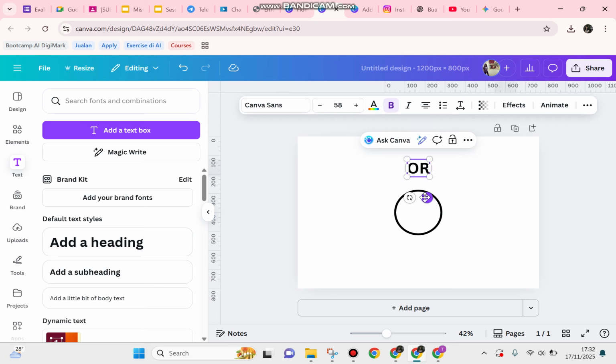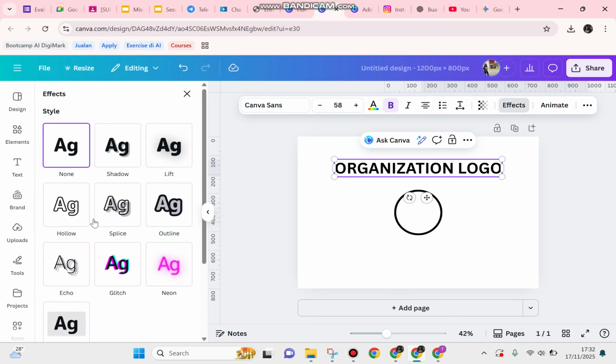type organization logo, for example. And after that, keep this text selected, and then you can go to Effects,